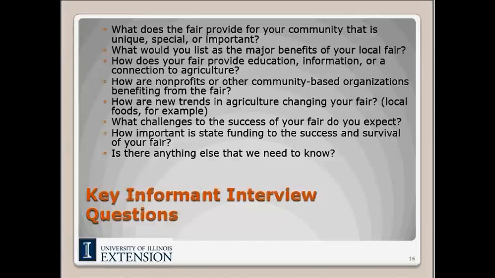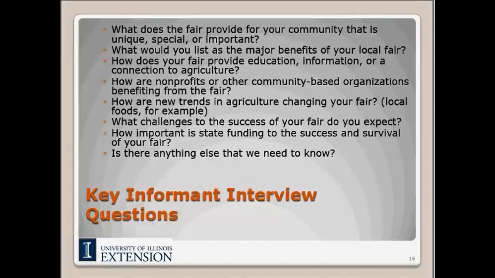and we'll take notes and discuss and ask follow-up questions to try to get an understanding of why they feel strongly about the fair, the benefits of that fair, the unique characteristics of that fair, and we're really looking at something different. Why is their specific fair on the other side of the state, or why is their fair different from a fair that's 5 times their size? Simple things like that. And so just one specific question, I won't read through these all, but one thing to give you an idea, and one question we're particularly interested in, is how are the new trends in agriculture changing your fair?